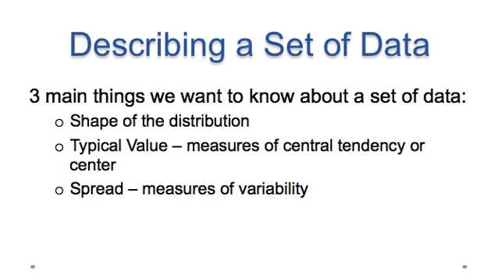Whenever we go about describing a set of data, there are 3 main things we will always want to know: the shape of the distribution, the typical value or measures of central tendency, and how spread out the data are with measures of variability. Creating a graph is just the beginning. The purpose of the graph is to help us understand the data. After you create a graph, always ask yourself,